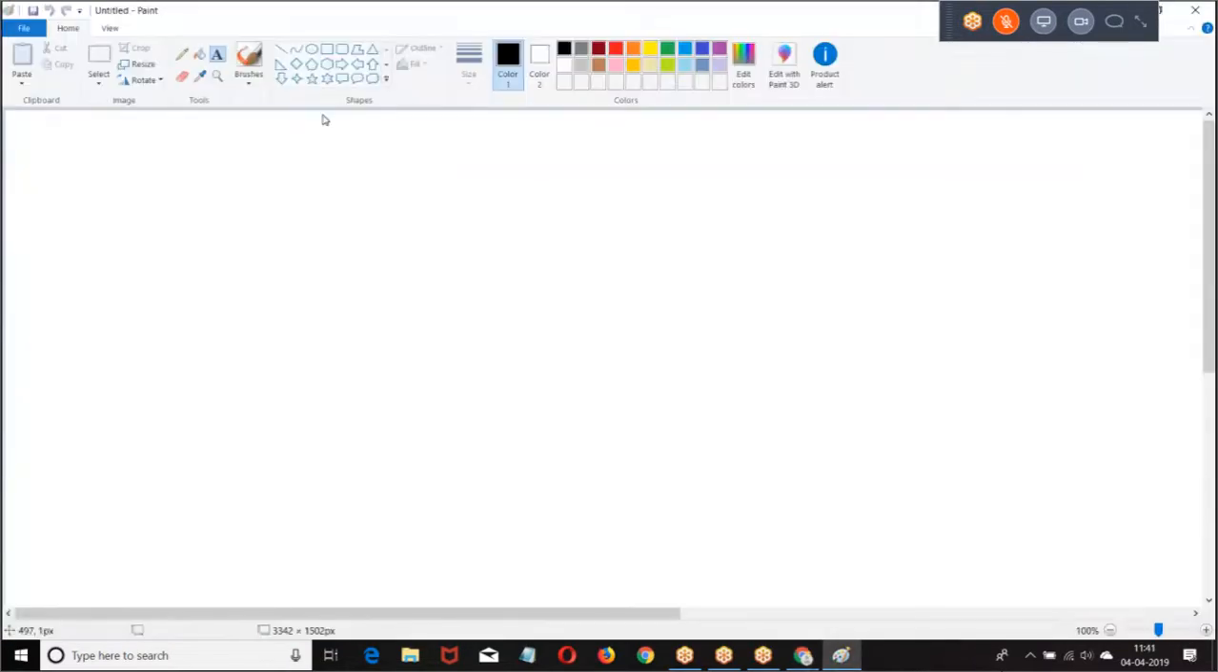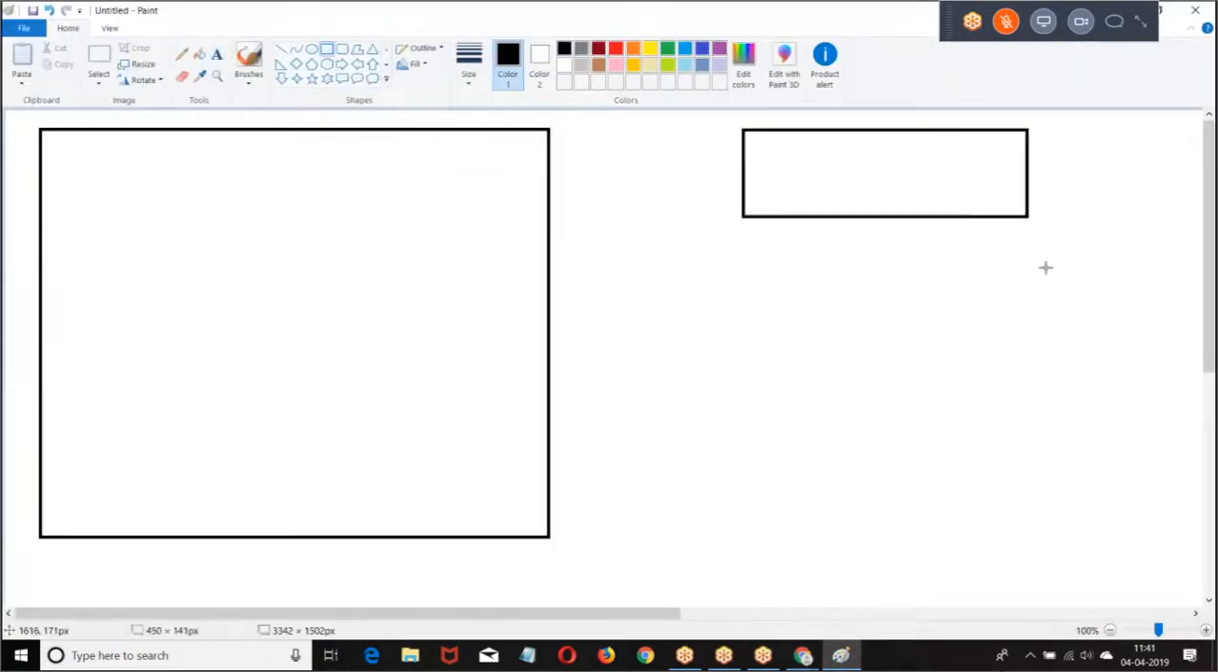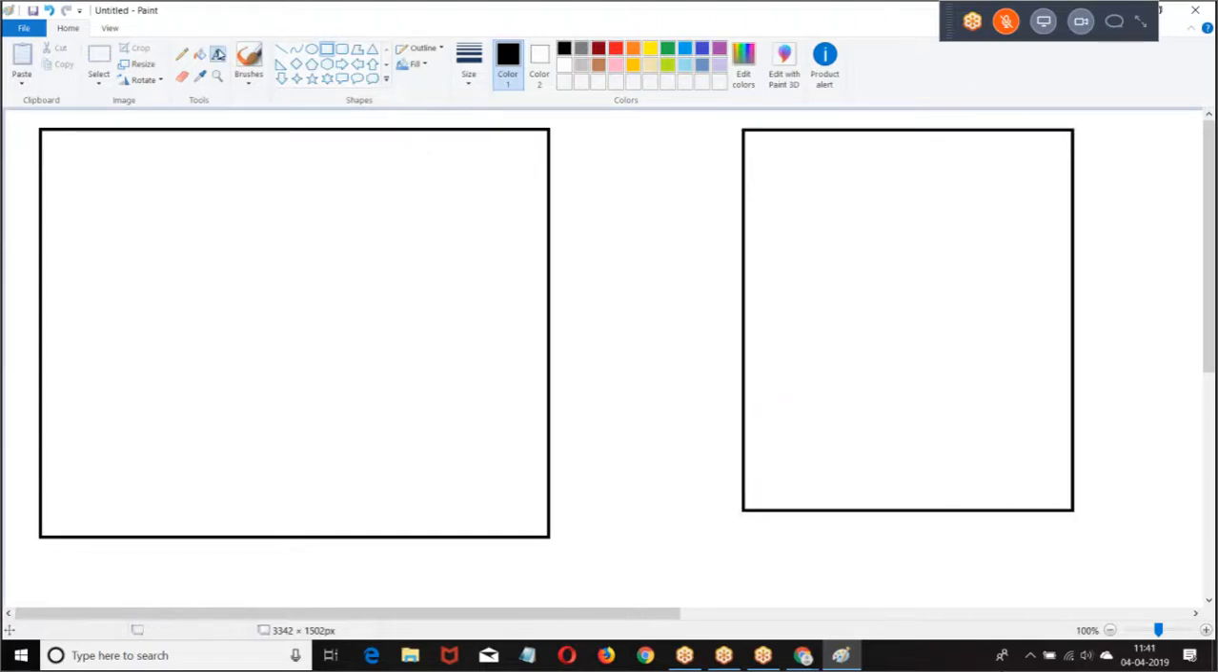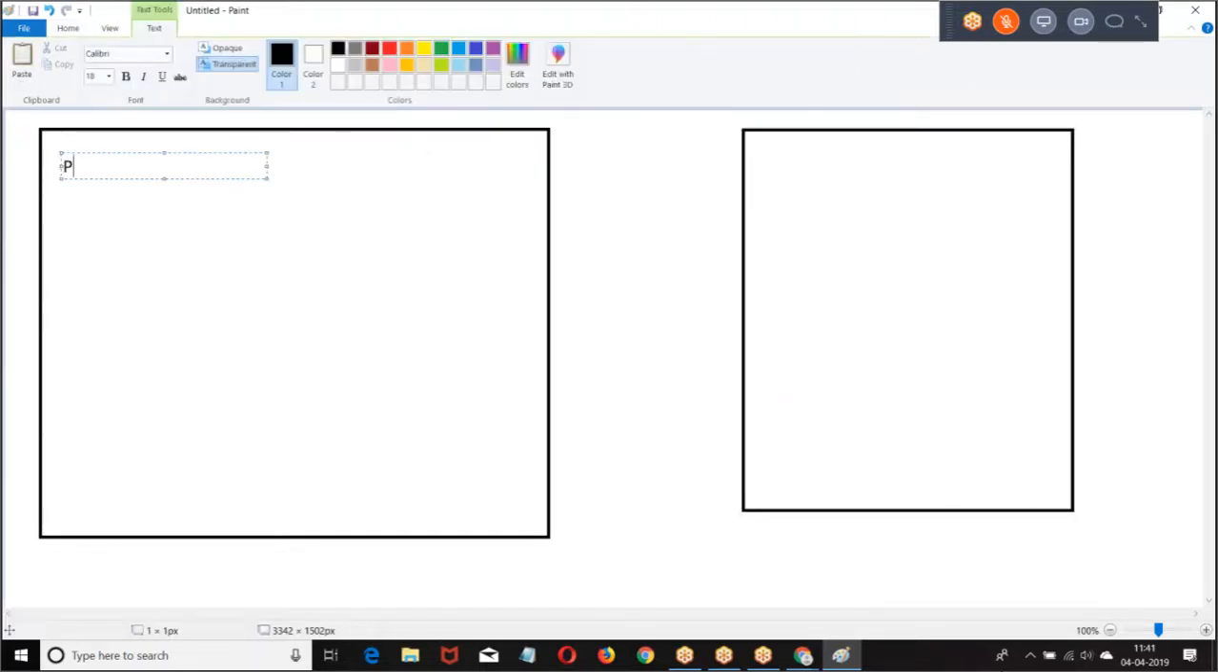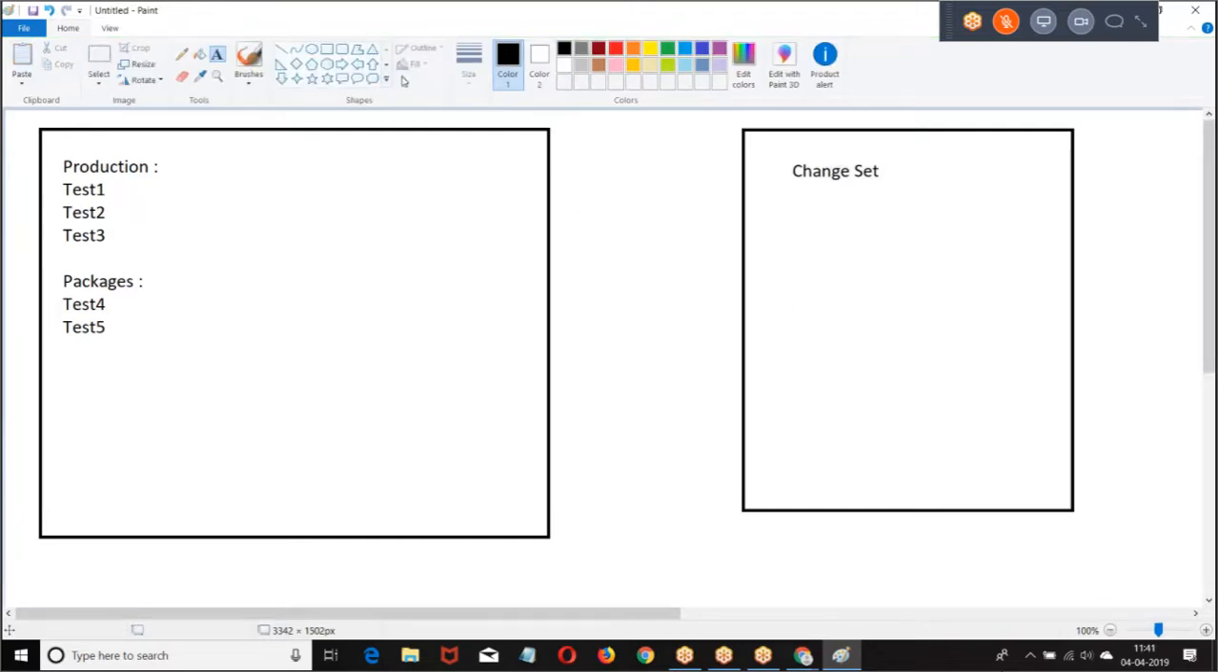The change set on a production. Here we have, in the production, I have test class 1, test class 2. I have packages. So I have test class 4. Now this is a change set. In the change set, there are no test classes. Then when I validate and if I select default,